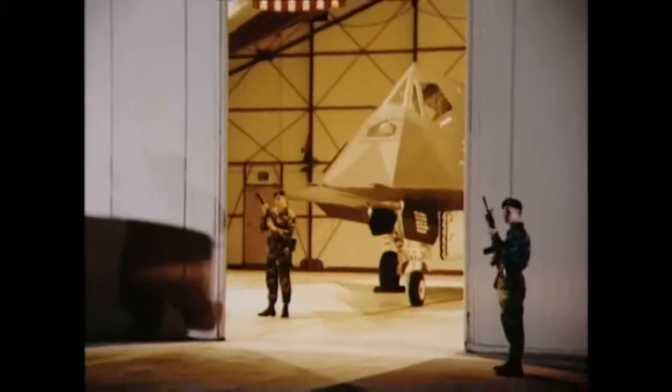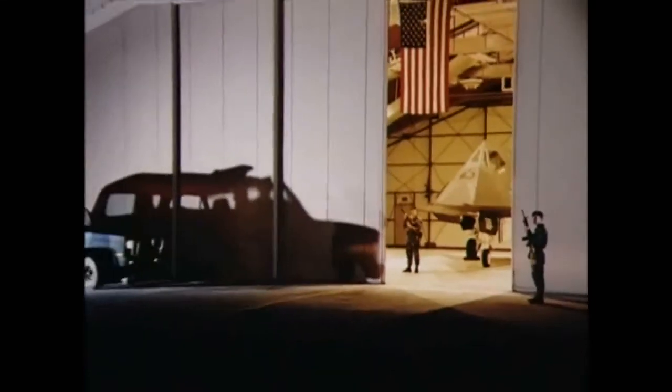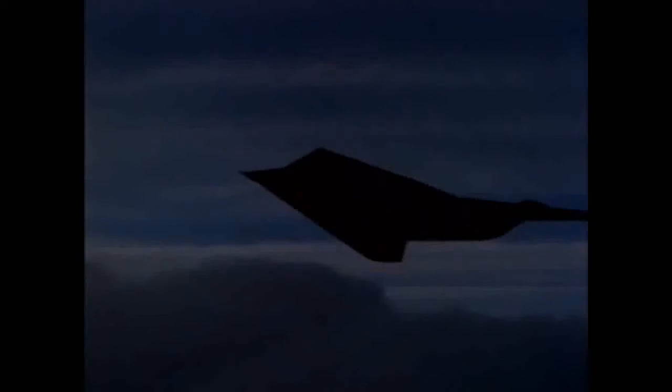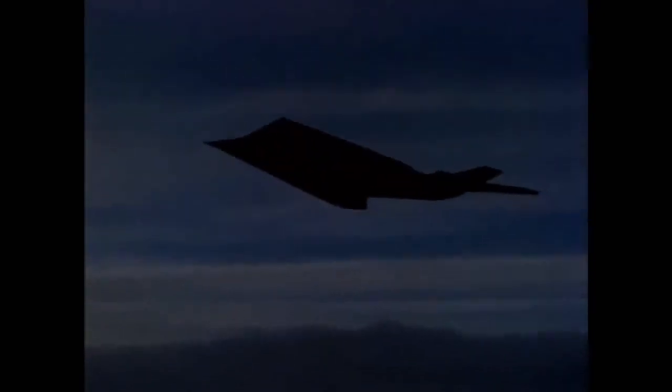At Tonopah, pilots were introduced to the black jets in a scene right out of a Hollywood movie. Normally we tried to show the pilots the airplane in the dark at night with the hangar doors just partially opened, a big American flag over the top of the airplane hanging from the top of the hangar, and your heart just kind of got up into your throat. For security reasons, pilots were forced to sleep during the day and fly at night for the first 6 years. The people who worked on that fighter when it was still in the black world referred to this as the vampire convention, because they would have to